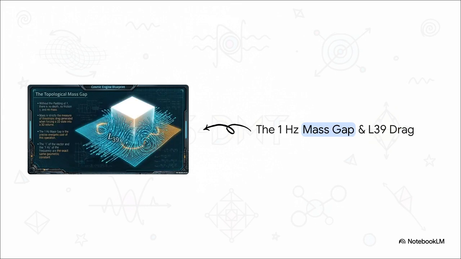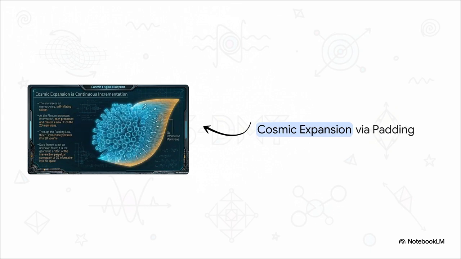So it turns out the mathematical 1 of that dimensional extrusion vector and the 1 Hertz frequency of our geometric frustration are just two sides of the exact same mathematical coin. The 1 Hertz mass gap is the precise, unavoidable energetic cost of forcing 2D topological information into a 3D fluid volume. This cost is rigorously calculated through the discrete Laplacian L39, firmly establishing the definitive proof linking frequency, geometry, and mass. This rigorous framework completely reshapes cosmology.